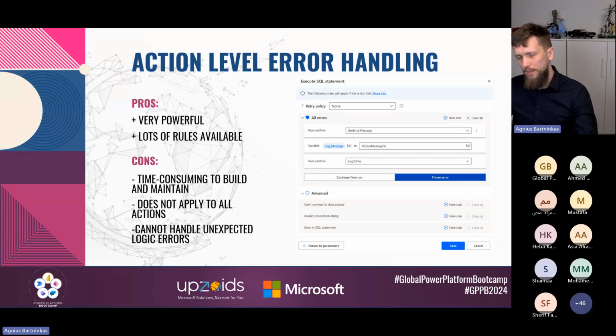And that's first of all because it doesn't apply to all actions, because on some actions we simply don't even get the on error button, don't even get these options. That's because Power Automate Desktop kind of silently assumes that action cannot fail. It's actions like, for example, set variable, which can actually fail if we put in some funky syntax in there. But it assumes that this action cannot fail, and we don't even get any options to actually handle